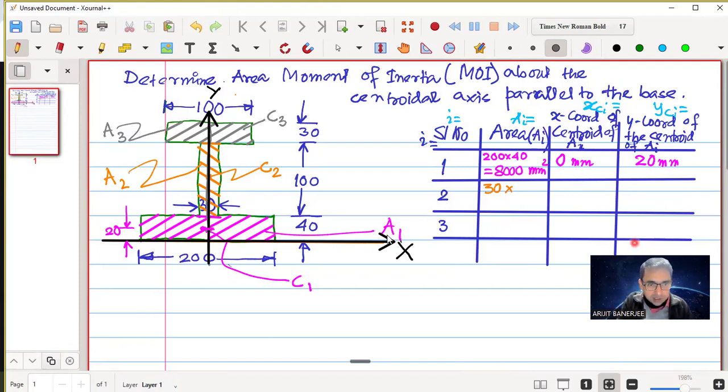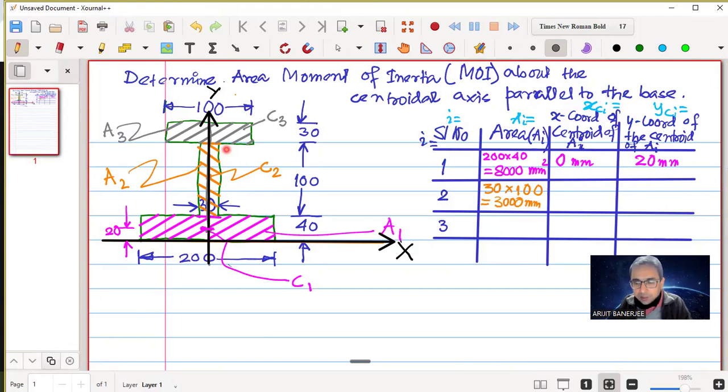This width is 30, and this length is 100. So 30 multiplied by 100, isn't it? 30 multiplied by 100. So what is that? 3000